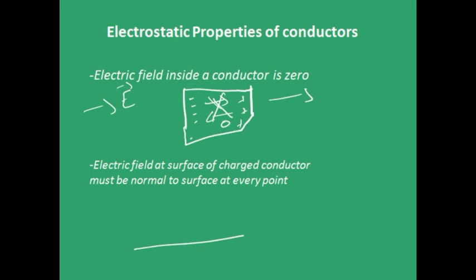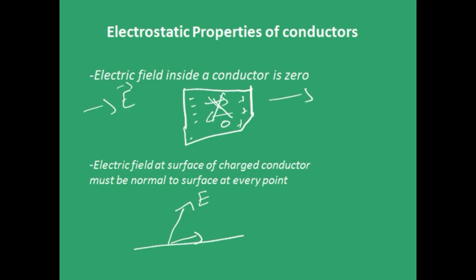You have this surface of the conductor. If this was not true, I mean, if you had the electric field something like this, it means that there is a component of electric field in this direction, parallel to the surface or on the surface. And this should not happen, because if this happens, the charges on the surface can move, but that shouldn't happen